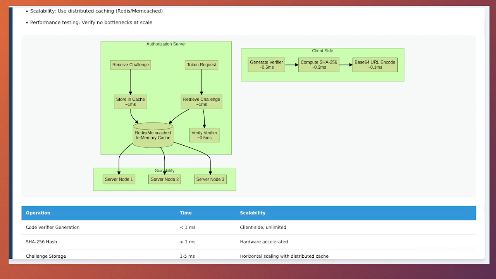From the client perspective, PKCE adds minimal computational overhead. Generating the code verifier requires obtaining random bytes from the system's random number generator. This is a very fast operation. 32 bytes of random data can be generated in microseconds on modern hardware. The Base64 URL encoding of these bytes is also extremely fast, involving simple bit manipulation and character mapping. The entire code verifier generation process typically takes less than a millisecond and is negligible compared to network latency and